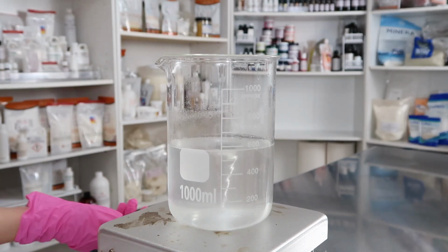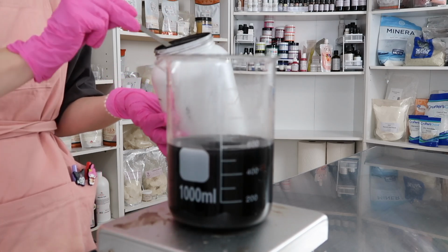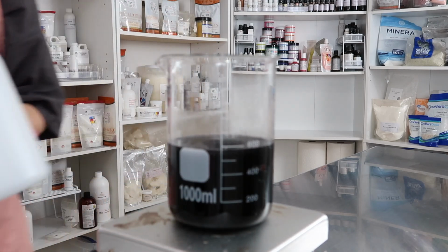And I am putting it on my magnetic stir, and I'm gonna add in some charcoal powder. If you don't have charcoal powder, black mica will probably work, but I do wanna mention that this formula doesn't have a suspending agent. I didn't add one in when I wrote this formula initially. So keep in mind that the mica or the charcoal powder will settle to the bottom unless you add a suspending agent. So if you add in some xanthan gum, that will help keep the mica or the charcoal powder